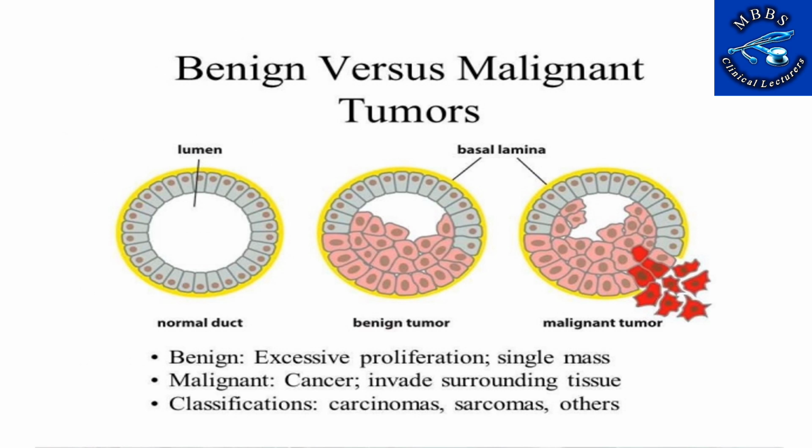Okay, the histopathological report actually states whether the tumor is benign or malignant. For example, you can see this is the normal duct, this is the benign duct, and this is labeled as the malignant tumor. Now you have to focus on the lining of these ducts. These are well-aligned and well-oriented cells lining the lumen of the duct. While here you can see the basal lamina is intact, and the cell morphology,